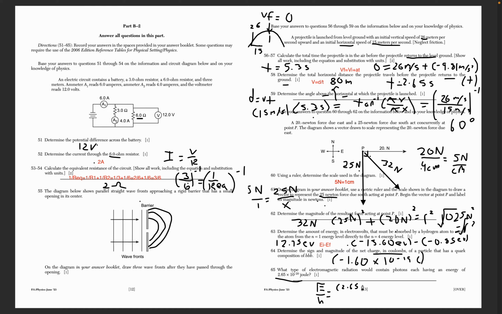which is equal to 2.65 times 10 to the negative 20 joules. Divide that by Planck's constant, which is 6.63 times 10 to the negative 34 joules times seconds. And that should give you